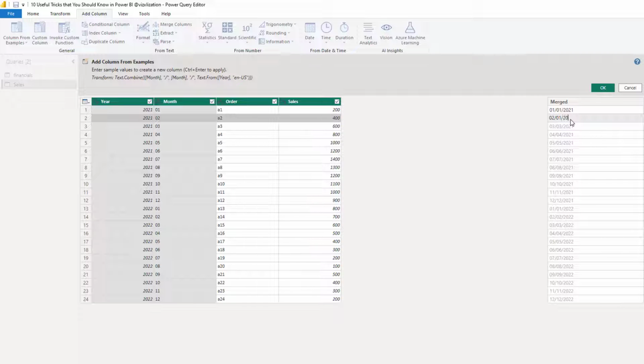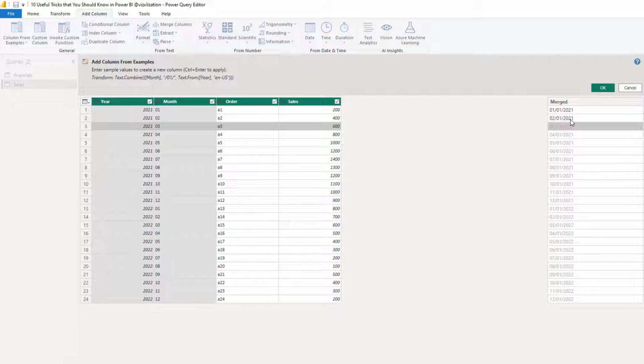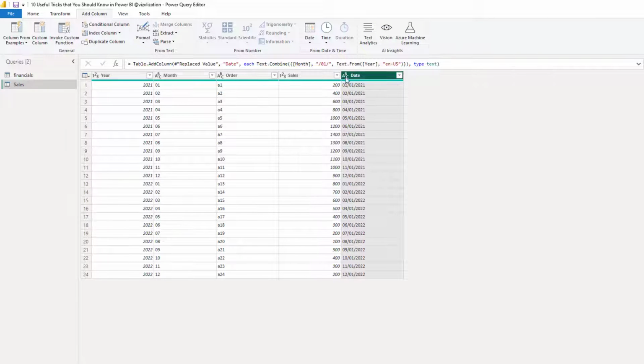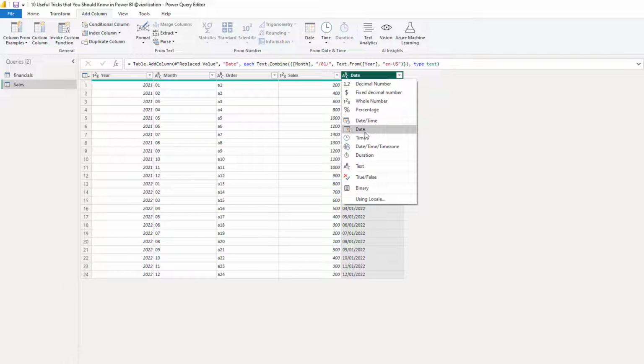It should be like this. And now if you hit enter, if you see the other rows, it seems like this example is working totally fine, right? Okay, change the name, call this date if you want, and then hit OK. Boom. Change right here the data type to date,